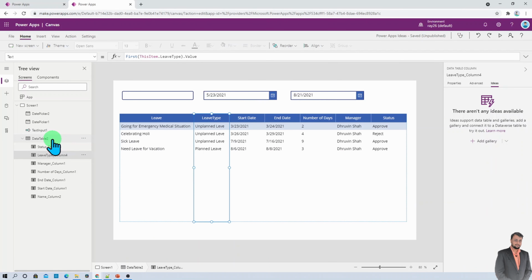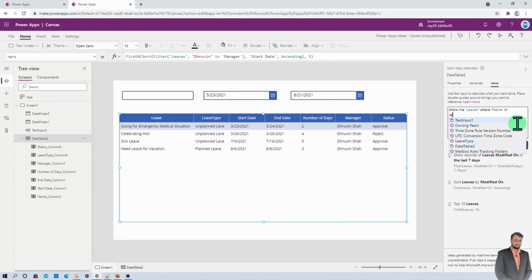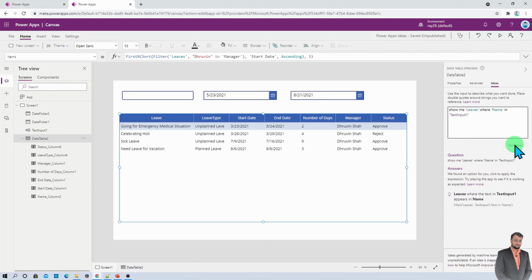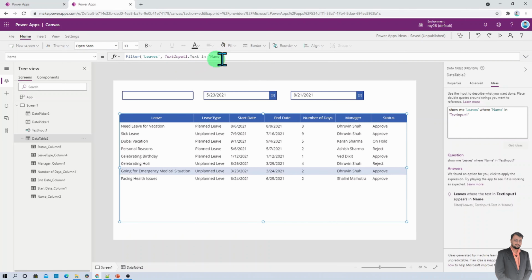So I need to go here again and provide text input 1 and click on get ideas, and this is showing me the suggestion over here like this. Filter leaves, text input 1 dot text in name, and it has returned me the perfect result.